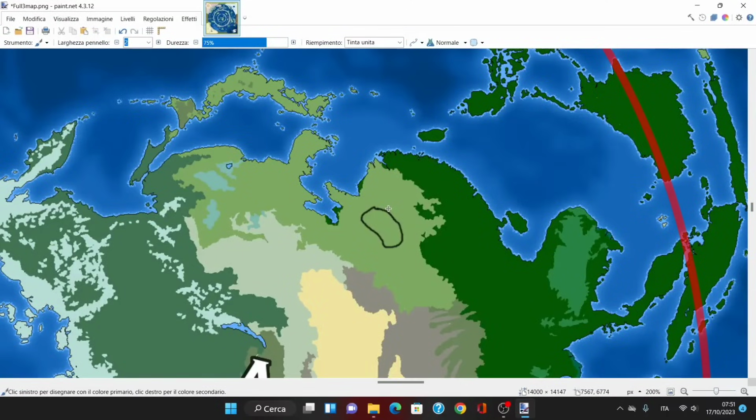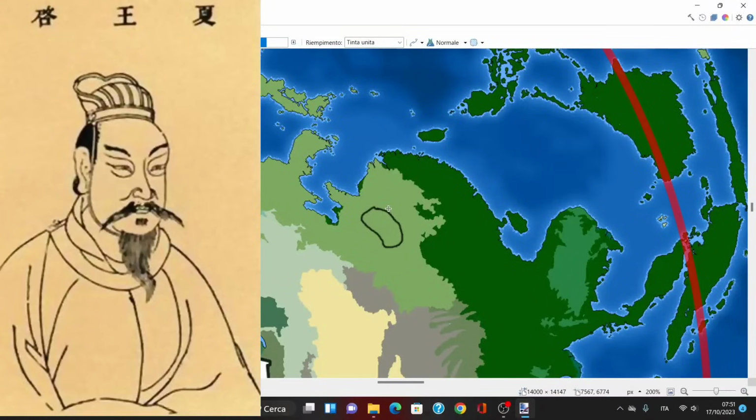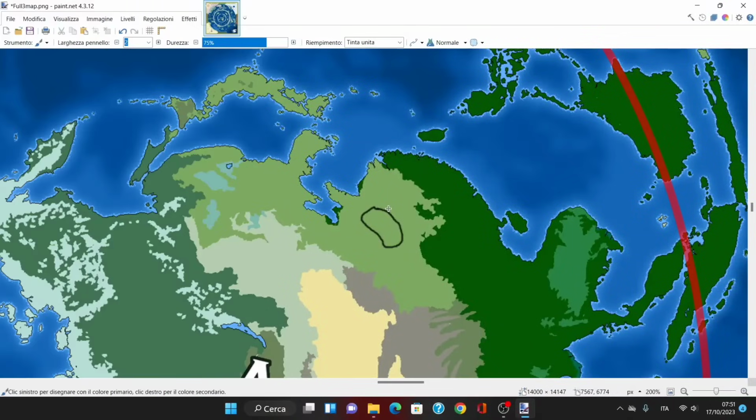This cemented his rule, and once he died, he was replaced by his son Qi, starting a 400-year period of agricultural expansion and population growth, as well as city sprawl, especially in the two capitals, Gongyi and Yangcheng. So these are the major cities of Xia, Gongyi and Yangcheng, but then, of course, this didn't let the Xia live on forever. And eventually their rule became more and more insufferable for the Chinese people, with Jie, the king in 6000...